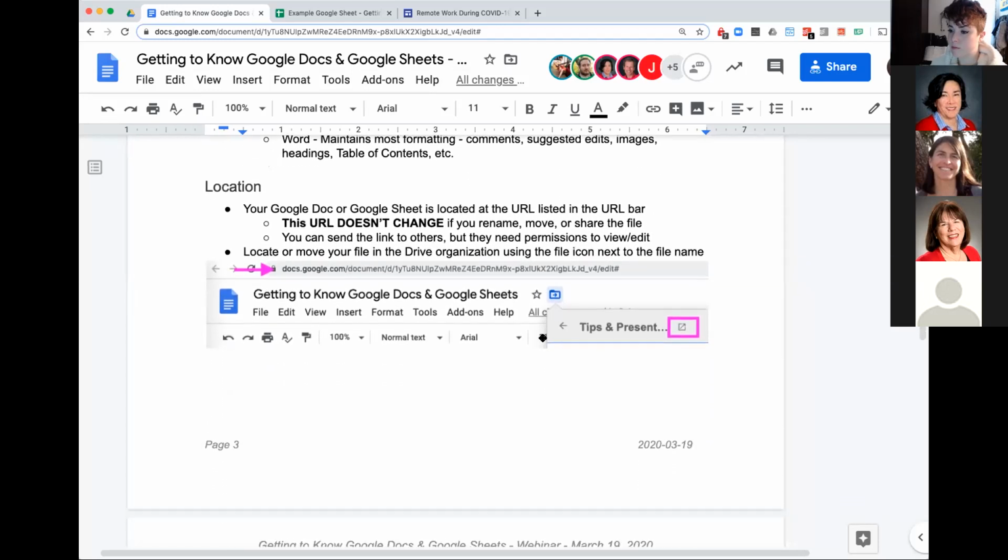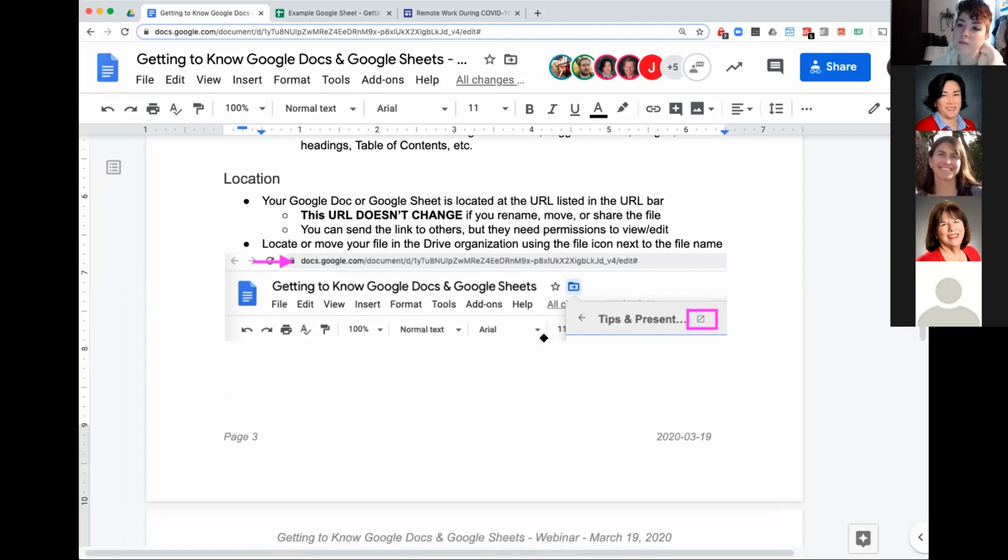One thing that's important to note about Google Docs is where do they live? Each Google Doc has an address, basically a URL, and that's this gobbledygook up here. This is the unique identifier, this ID here. As things happen to the document, as you edit it, rename it, move it or share it, this URL does not change. If you were to make a new copy of this, that's going to have its new URL. But this particular document, once you share that URL with somebody, it's going to stay the same.